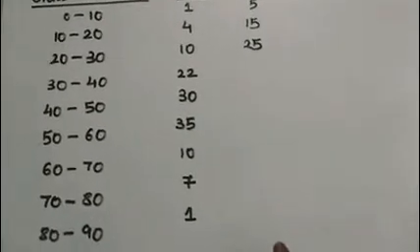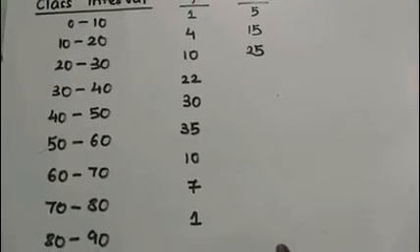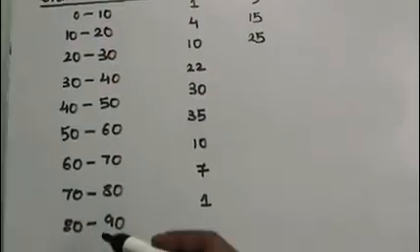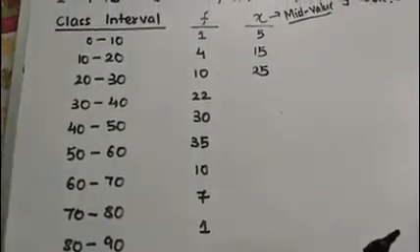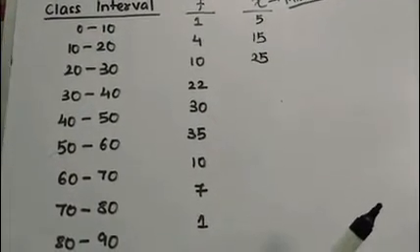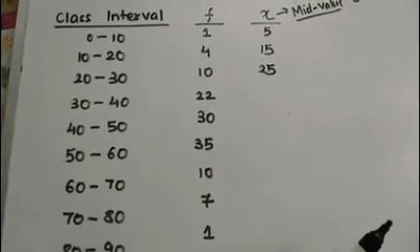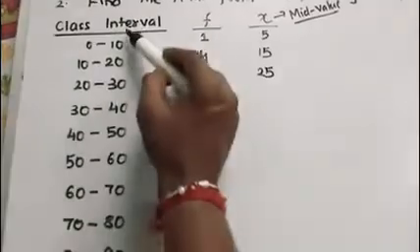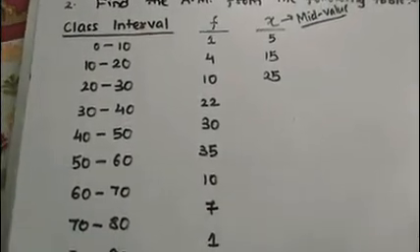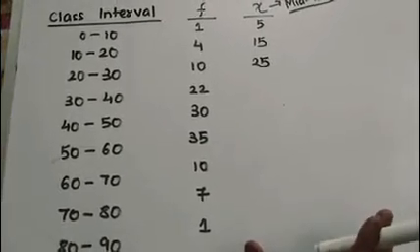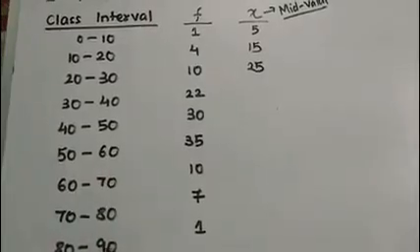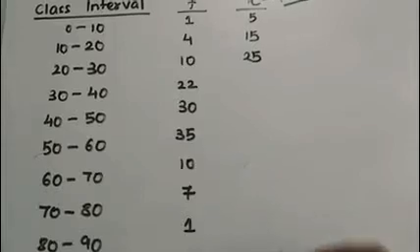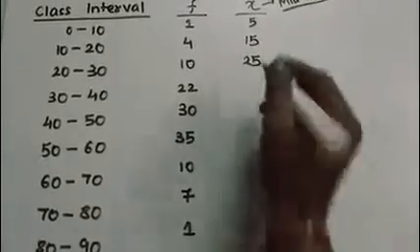Now one thing you will notice is that in the case of continuous data, each class interval from start to end has the same difference, that is called the class length. That is the difference between the upper class and the lower class. 10 minus 0, 10, 20 minus 10, 10, 30 minus 20, 10. So each class interval has the same class length, 10. In that case, whenever you see that each class has the same class length, you can simply add that class length to the next value of x. That means just adding the class length.